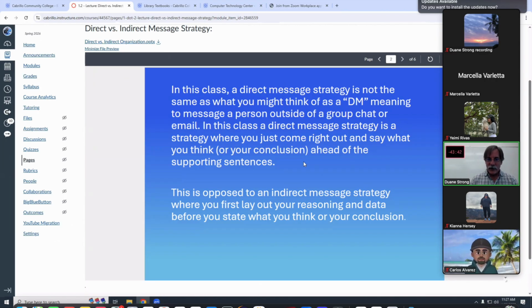Direct message strategy. In that strategy, as we already discussed, it's where you just come right out at the beginning and say what you think or what your conclusion is ahead of the supporting sentences. This is in opposition to an indirect message strategy, where you first lay out your reasoning and data before you state what you think or your conclusion.